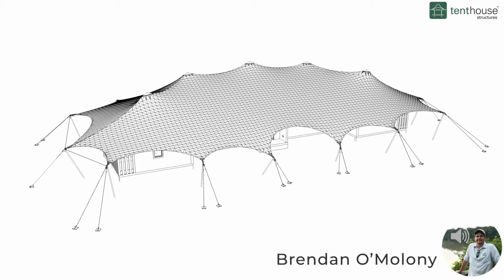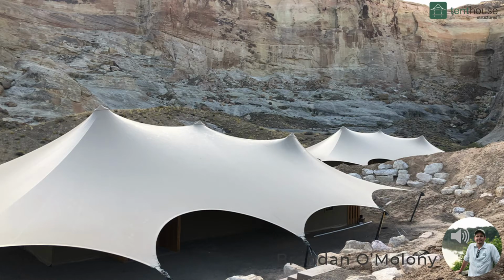So this leads me to what some of our technical challenges were on this project. Firstly, the tensile membrane roof structures. Tensile membrane form and engineering is an iterative and integrated discipline. As Frei Otto calls it, a bionic design, where form and function are inseparable and influenced by multiple factors. The key factors at Camp Sarika were the design demands and limitations. Number one, the building code, of course, the imposed safety and shape factors for the state of Utah,